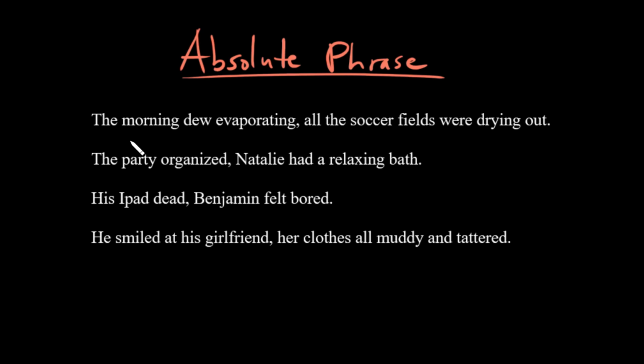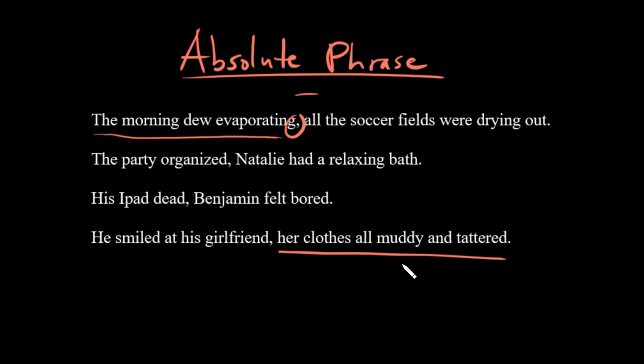The key to this phrase is that it's really not properly attached to the rest of the syntax of the sentence. In other words, it seems to kind of be by itself. Now, it's not a dangling modifier, so it's not inappropriate in the way it is incorporated in the sentence, but it does seem to be sort of by itself a little bit. And usually it's attached by a comma or a dash. It often comes at the beginning of a sentence, but it can come later as well. And we have included one example here where the absolute phrase comes at the end.